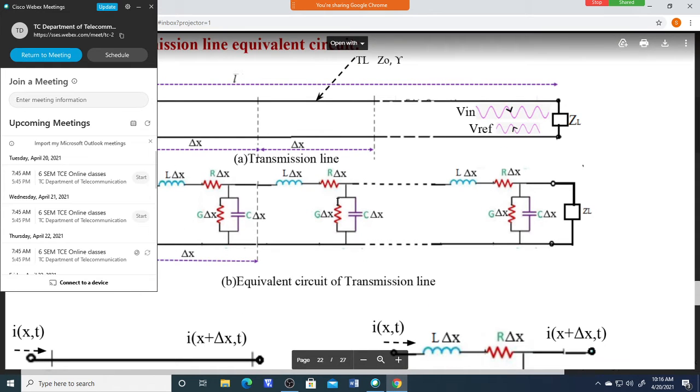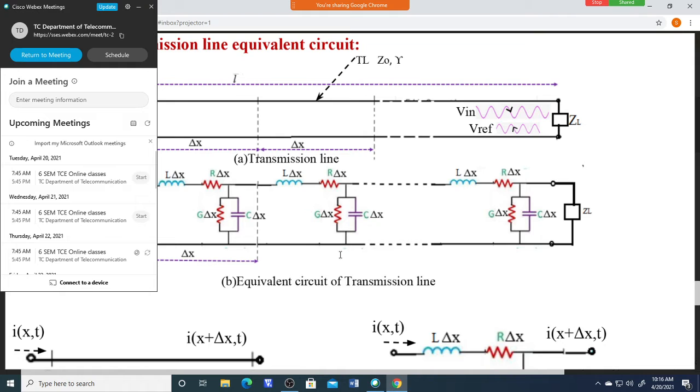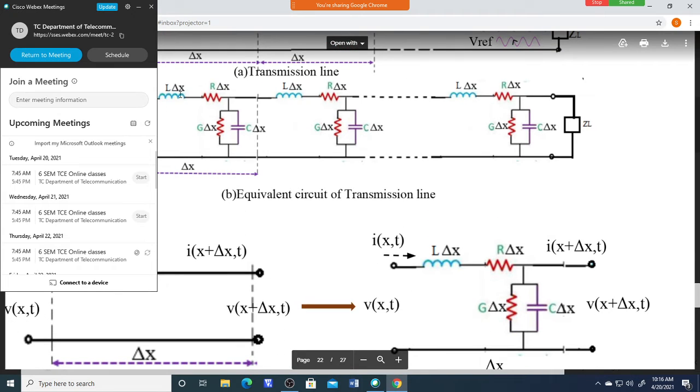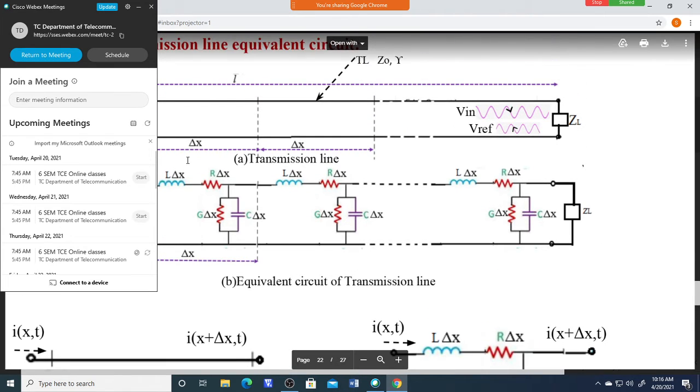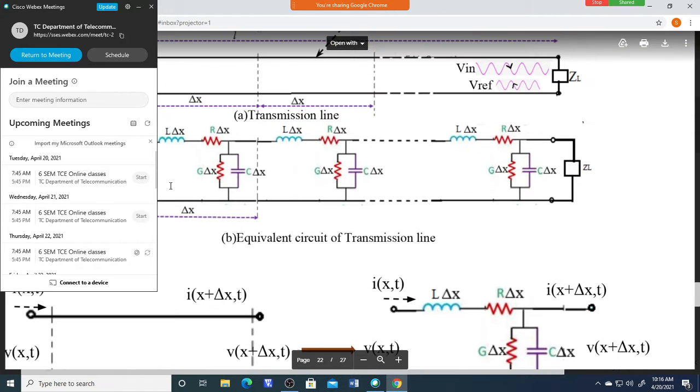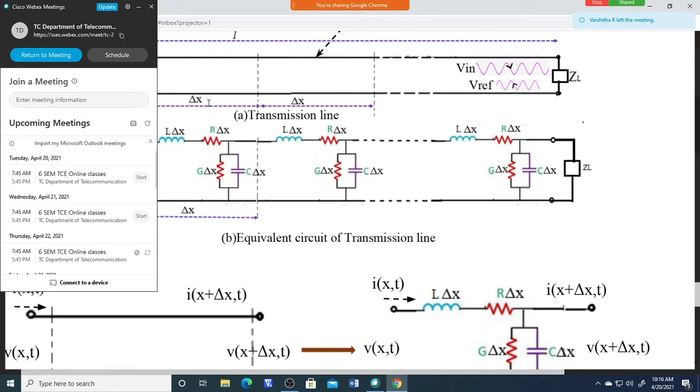So this is the equivalent circuit of a transmission line. In the examination, the question may be asked for 2 marks or 3 marks: write the equivalent circuit of a transmission line at RF and microwave frequency. So you have to write this. See, here is L multiplied by dx, because we are taking per unit length. Per unit length, how much inductance does it offer? We have taken a length equal to delta x.